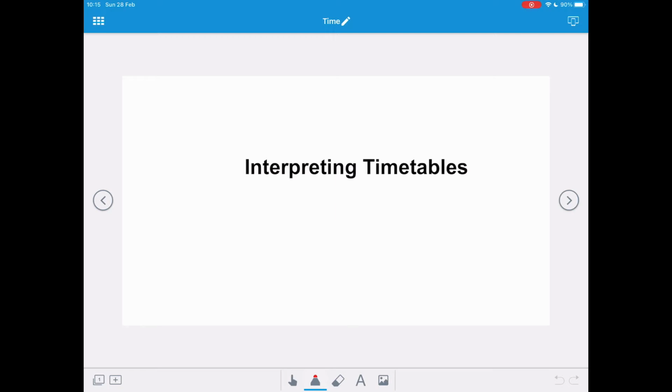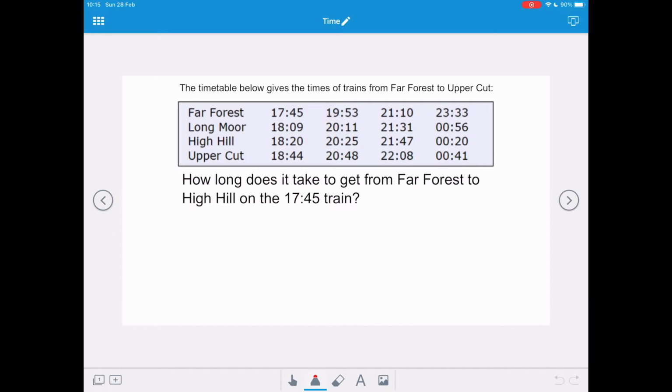In this video, we're going to look at interpreting timetables. The timetable below gives the times of trains from Far Forest to Uppercut. So using this timetable, we want to answer some questions. And the first question is, how long does it take to get from Far Forest to High Hill on the